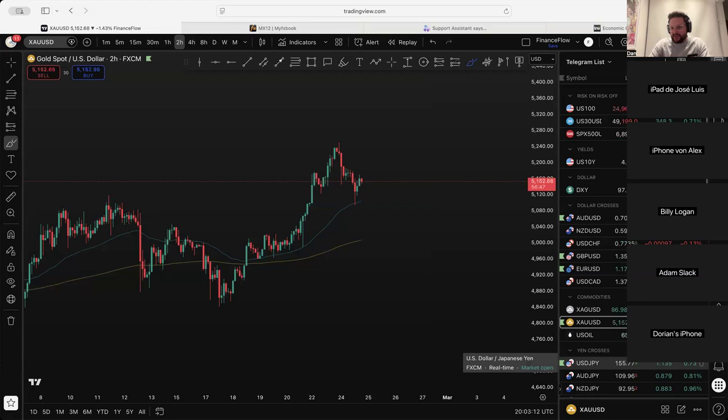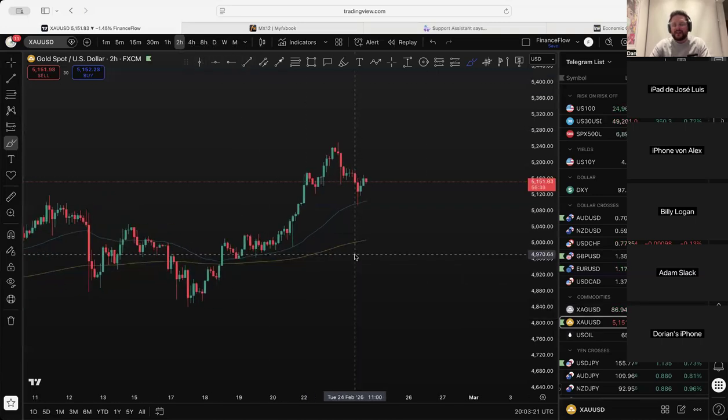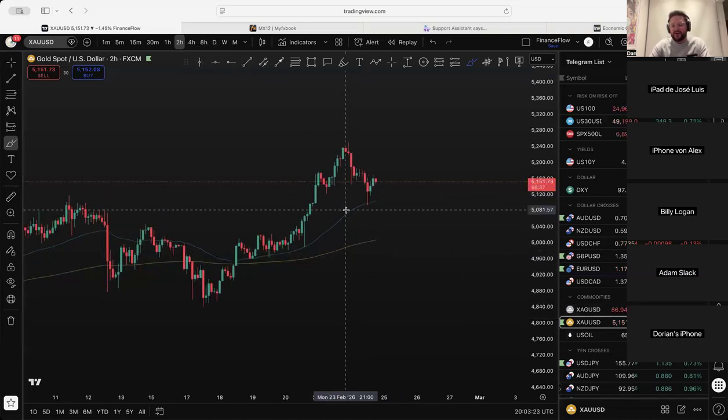What is your prediction on gold? Do you prefer your entries on the 15 minute or 2 hour? I only stick to the 2 hour. I don't look at candles now. I just look at price. I'm trying to work out how to portray it, but I've been exposed, luckily, to